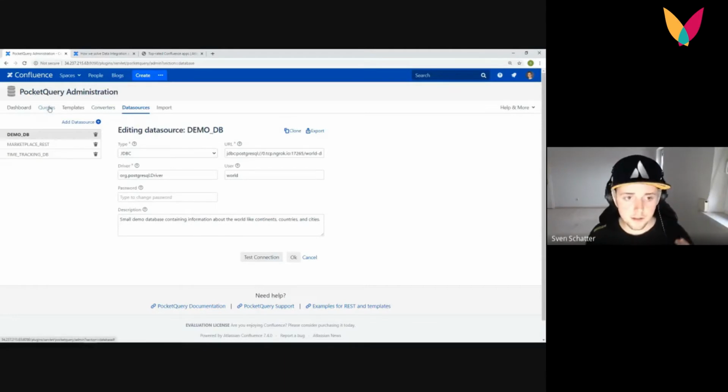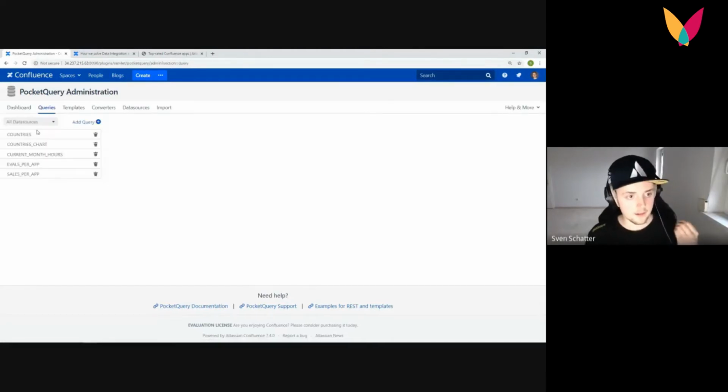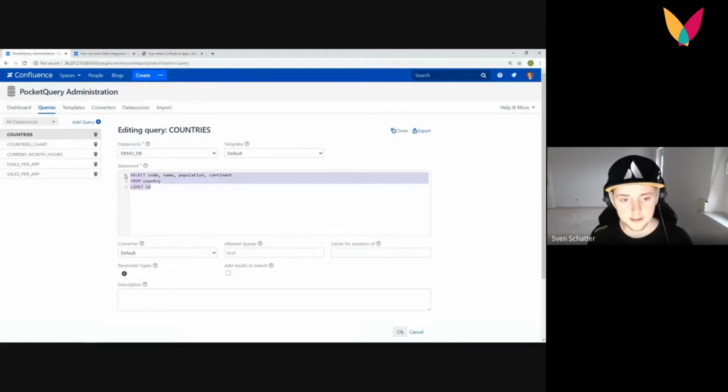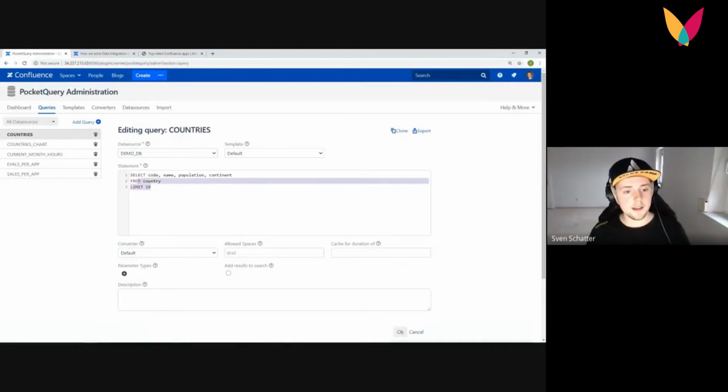If we now want to work with that external system, we can specify a so-called query. For a database, that's very simple. Simply have some SQL, right? And for a REST API, it would be the path or the endpoint that you want to talk to. And if I want to now execute the statement and see the data that we get from it in our Confluence page,